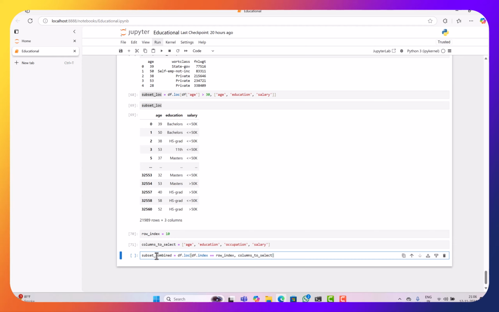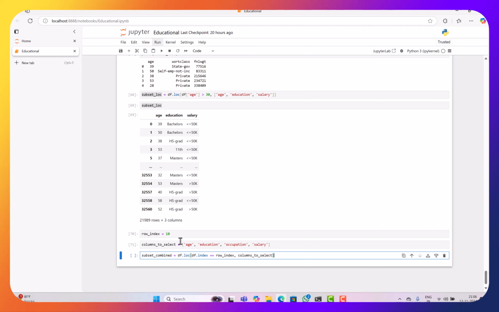That is where I've used my loc function for the data frame index, and I basically need a specific row and a specific column using the label